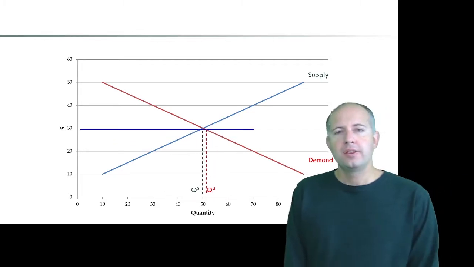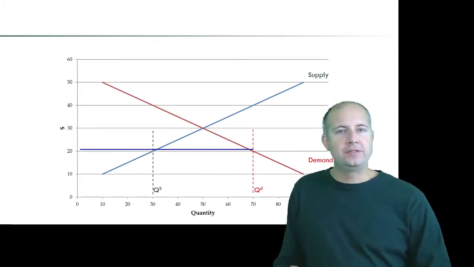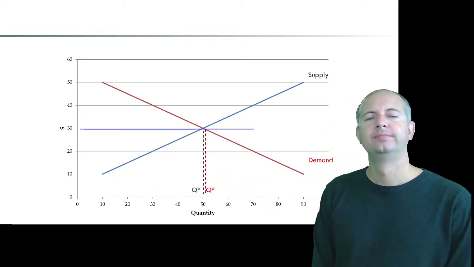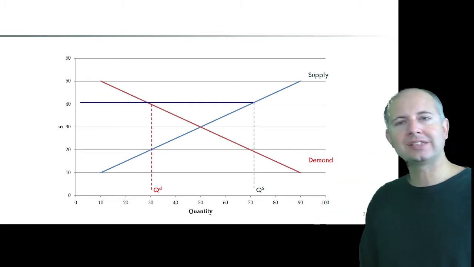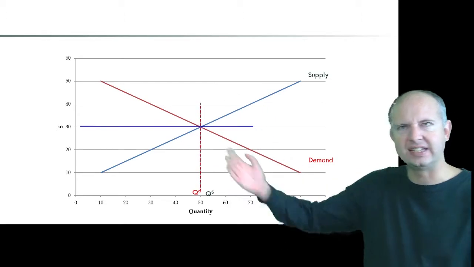Okay, well, think about what's going on here. What we said is that the buyers have an incentive to offer more, so that's going to nudge the price up. And in the surplus scenario, the sellers have an incentive to undercut each other, pushing the price down.